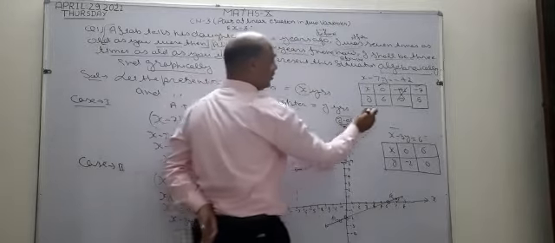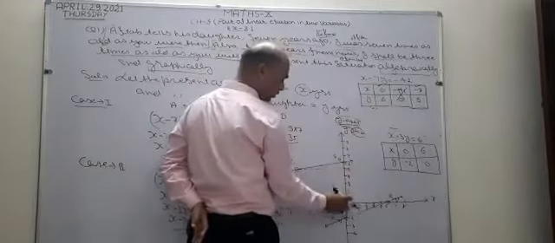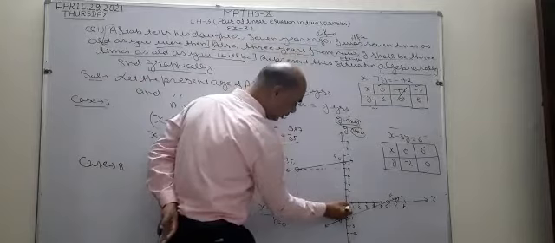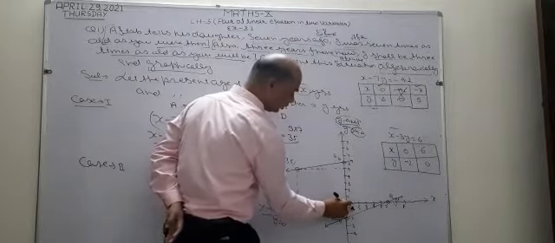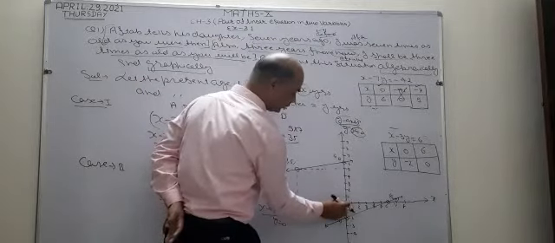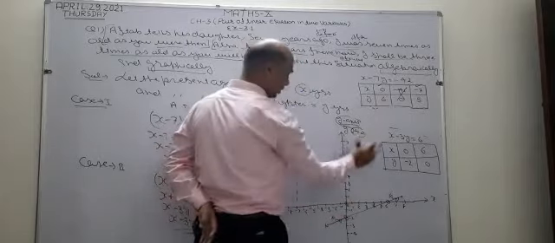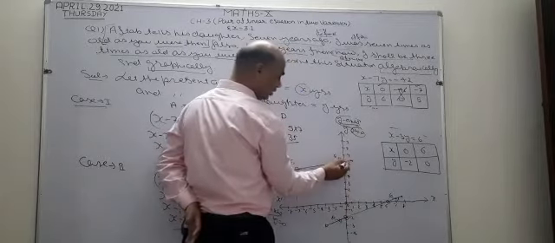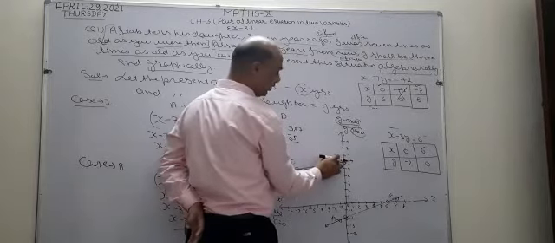Now see, what is the first point? Where is x equal to 0? This is the point where x and y both are 0. This point is known as the origin. So x is 0. What is the value of y? 0 and 6. This is the first point. 0 and 6, right? The x coordinate first, after that the y coordinate.